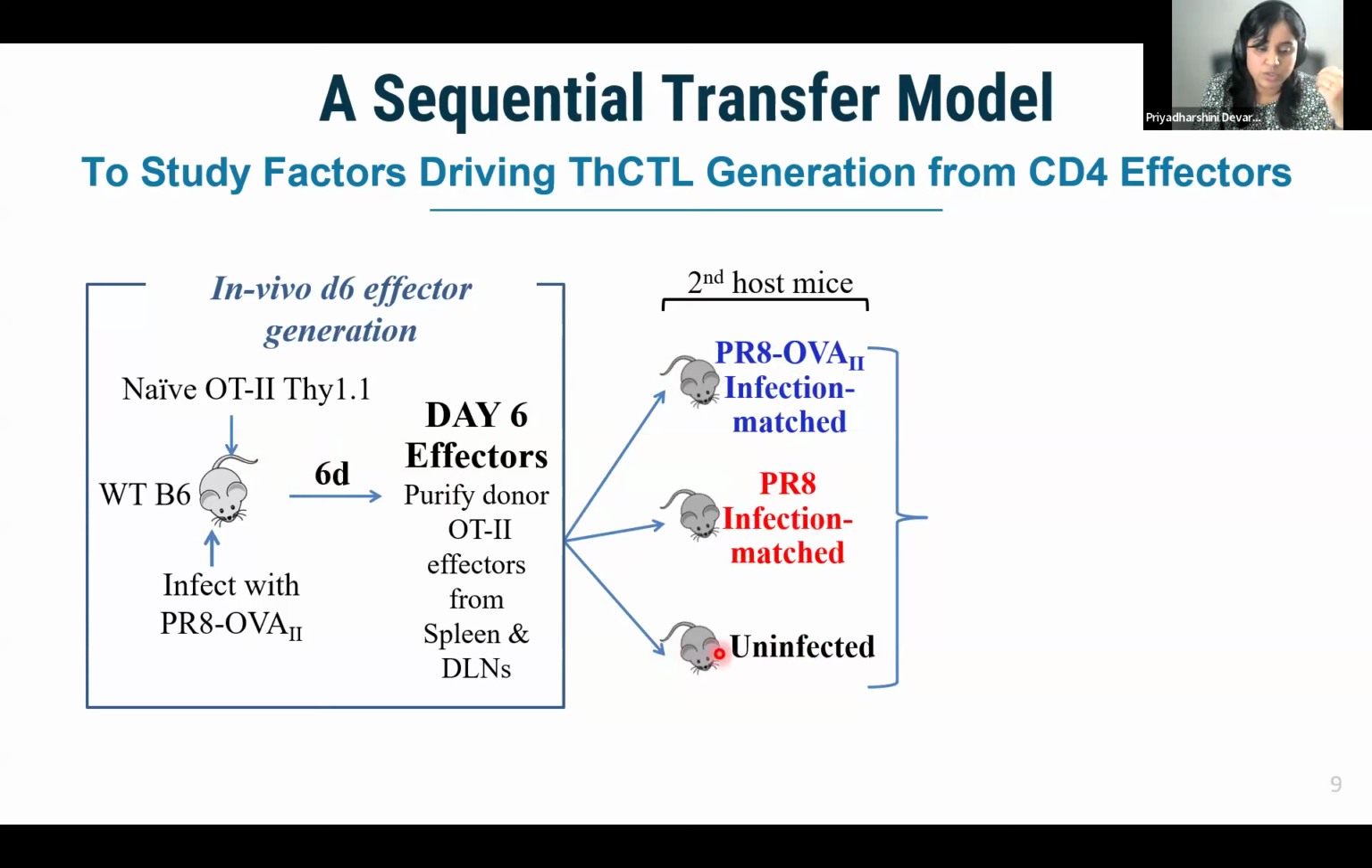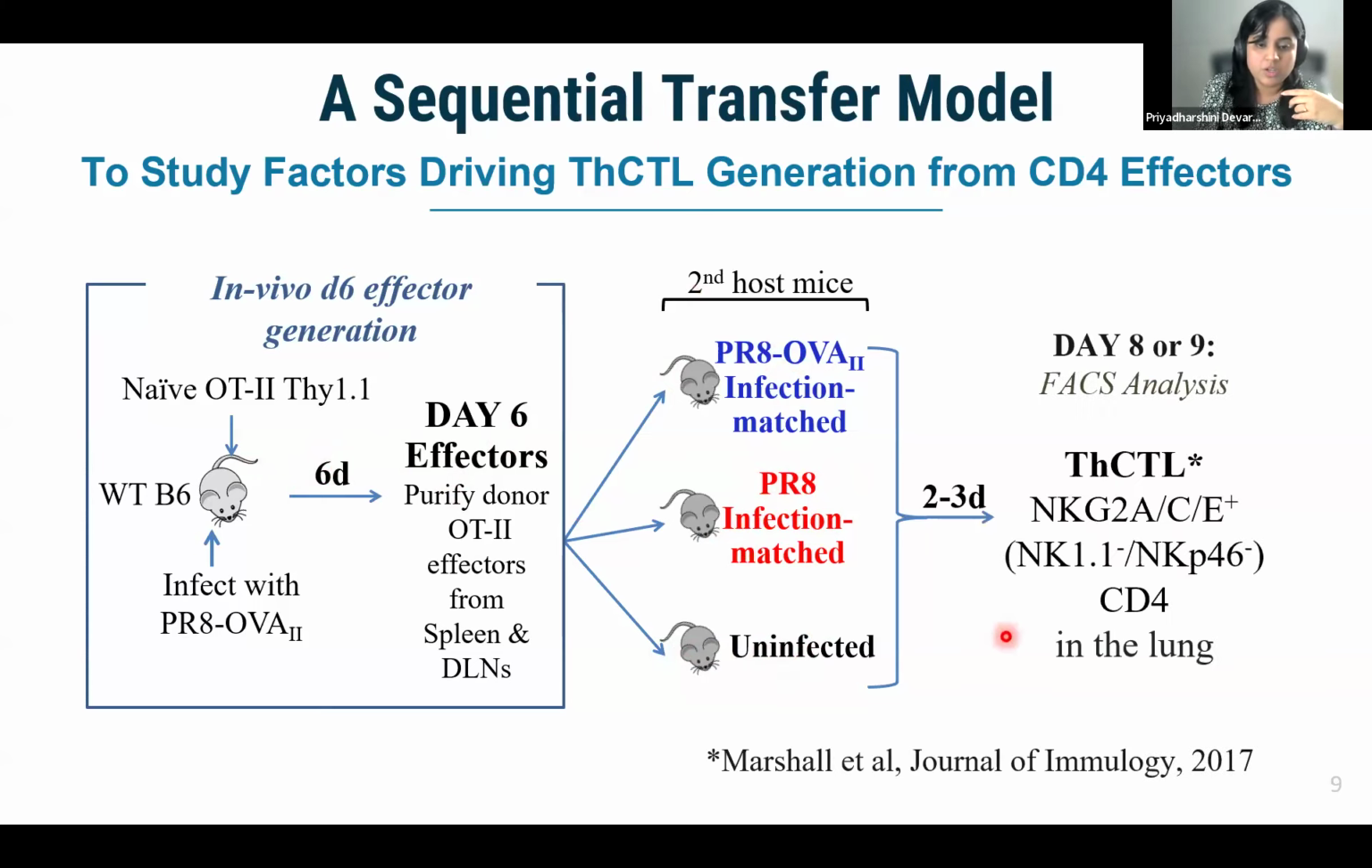Or as a negative control, we just transfer them to completely uninfected mice. 2 to 3 days later, we ask if THCTLs are generated from these 6-day effectors. And we identify THCTLs by their expression of NKG2CE. We published this earlier, that this marker really nicely helps us define these cytotoxic CD4 T cells in the lungs